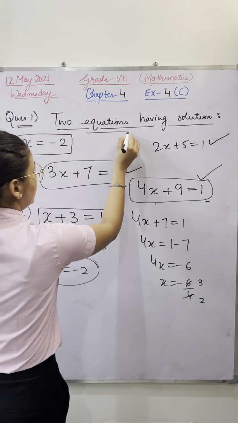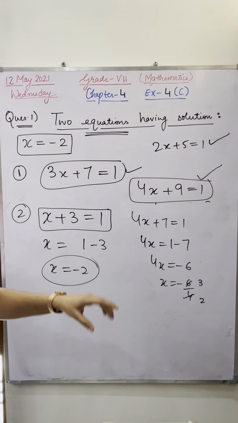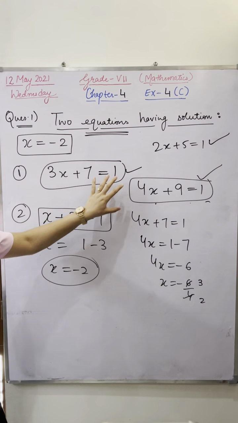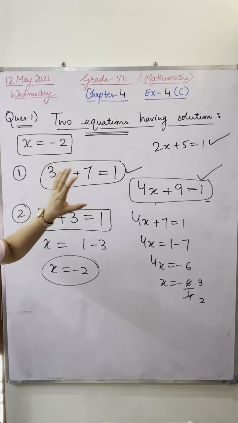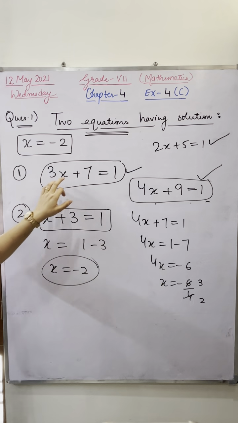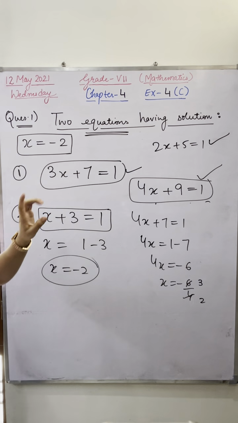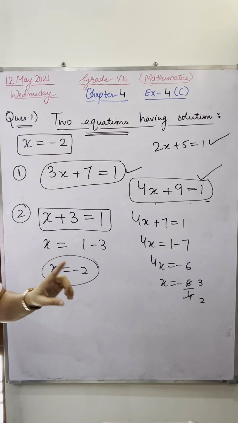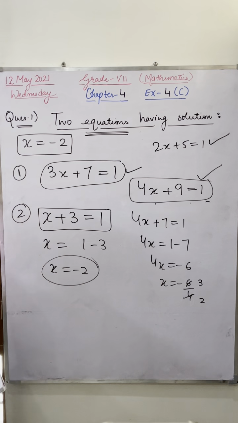How you will make an equation? The rule I have told in the beginning. In the equation, the rule is that the equation is a mixture of constant and variable. Constant should be there. Variable should be there, but there should be only one variable and the highest degree of that variable should also be 1. This rule I have told in the beginning. Understood by everyone?